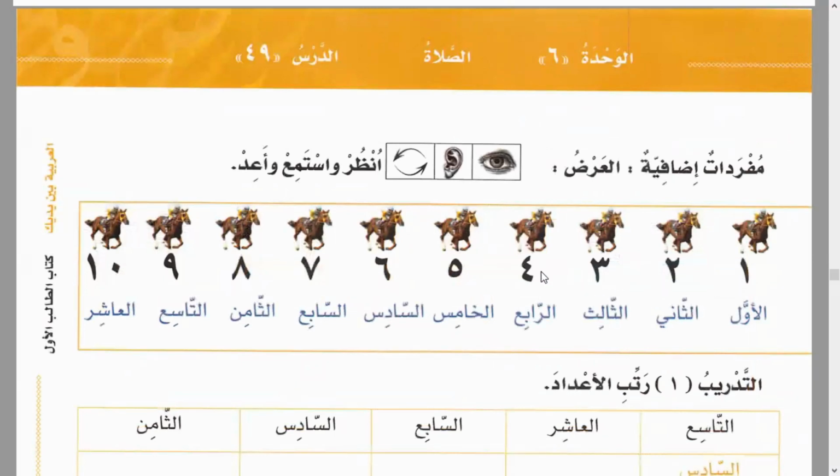واحد، اثنان، ثلاثة، أربعة، خمسة. Those are cardinal numbers, but this is ordinal. The ranking, this is used for ranking, the first, the second, the third, the fourth, the fifth, and those are 1 2 3 4 5 6 7 8. So there are two types of numbers, right? So this is how it is. Let's listen to the audio and